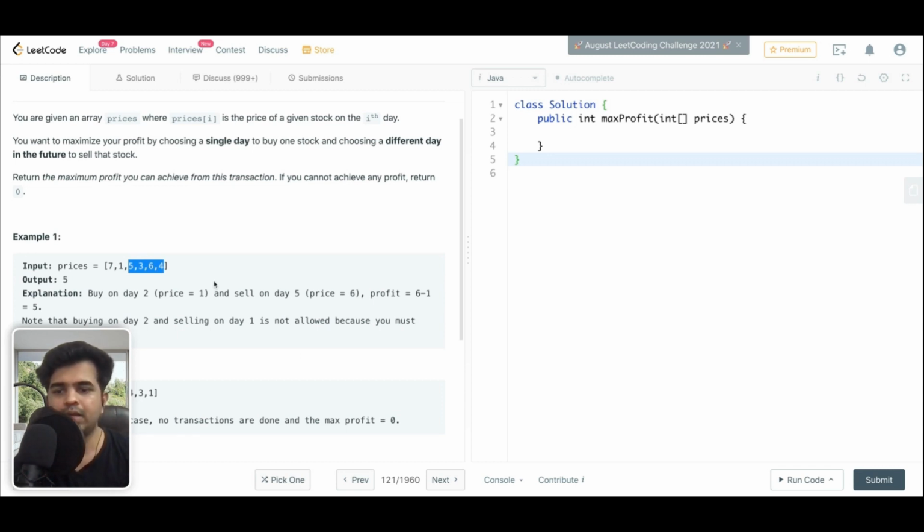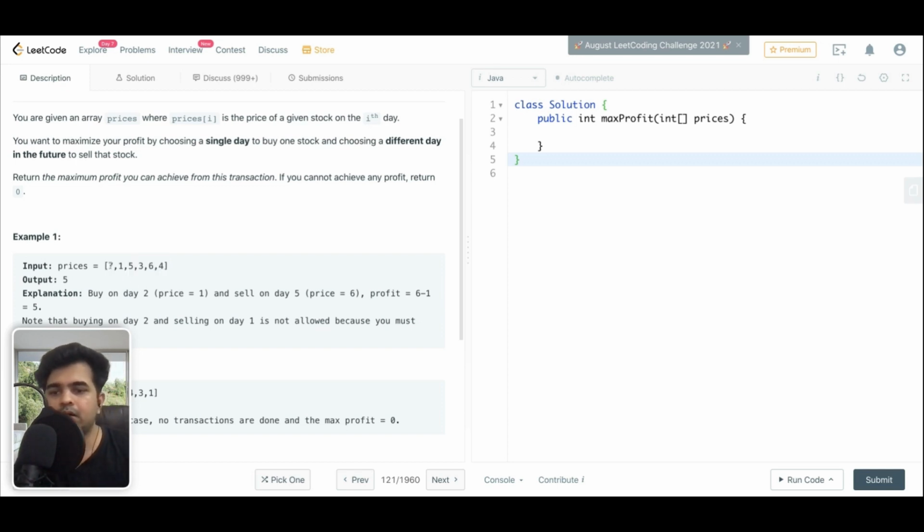How we can do it in n is, if we look at this closely, for every element there are two conditions. Either it is the lowest number we have seen till now, or not. If it is the lowest number we have seen till now, we can take a variable called min and assign it that value. If not, we subtract our current minimum from it and see the profit.